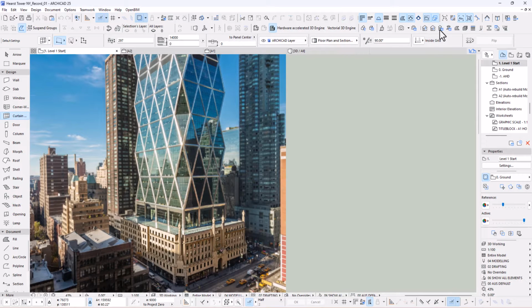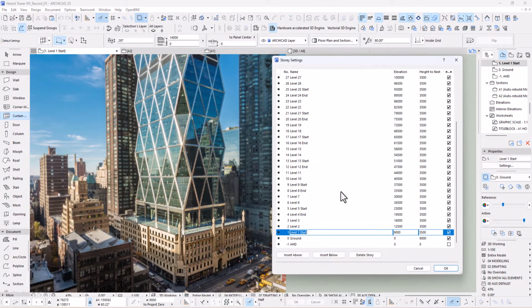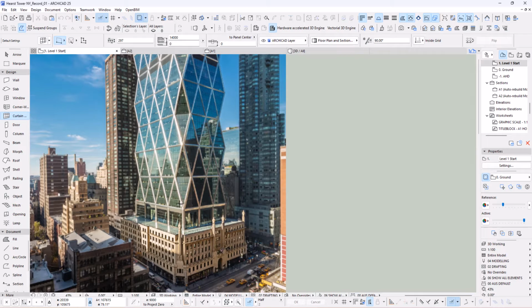If I look into my story settings, what I did is from the ground to first level, which is this one here, I just estimated 9 meters. And then those 4 stories in between, I estimated them at 3.5 meters. Great, so if I go from here to here, horizontal to horizontal, it's 4 times 3.5, that's 14 meters. Great, I cancel out of here, and the first thing we got to do is obviously we start modeling